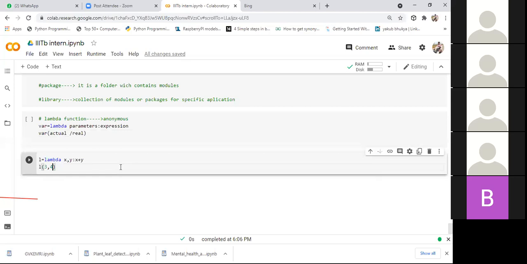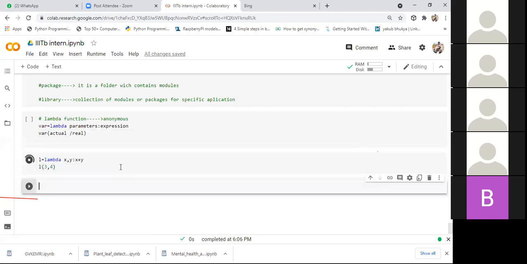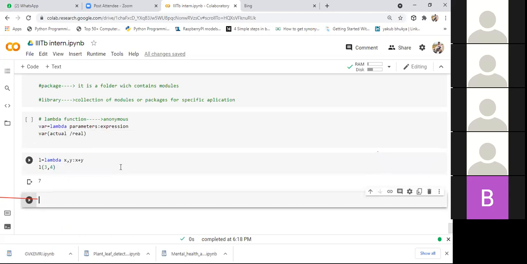Whenever you specify values 3 comma 4, it will evaluate this lambda function and give the output. So if you say L of 3 comma 4, it gives the output 7. That's about the lambda function, guys.